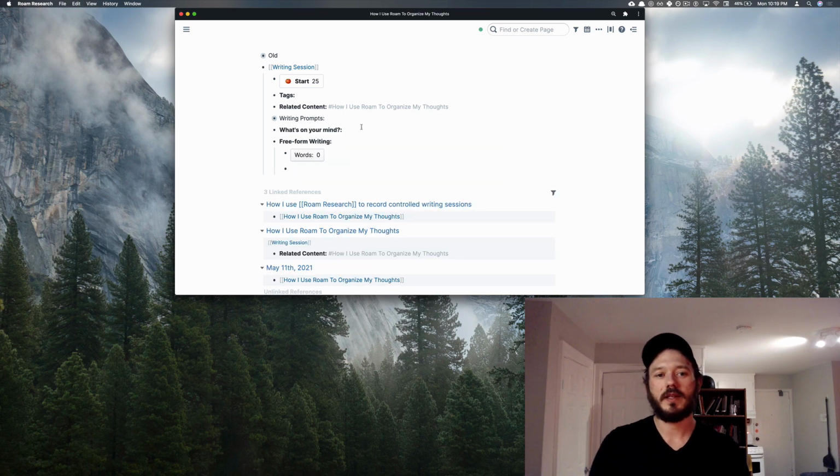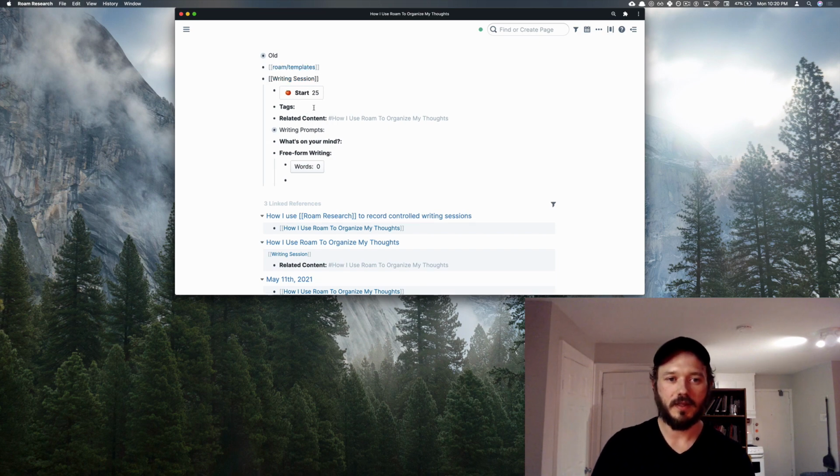If I'm running a writing session on its own, kind of unstructured without an initial goal, I will use those prompts to force myself to do this. One of my goals is to write 1,000 words a day, and I'm not quite there yet, but the idea here is that if I run one of these sessions every day, or a couple of these sessions every day,